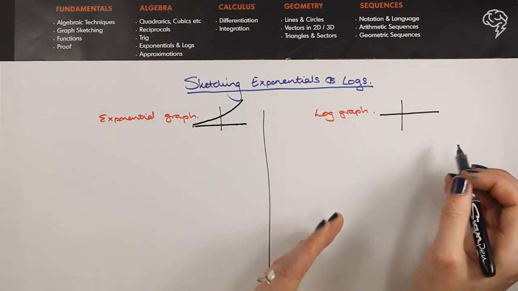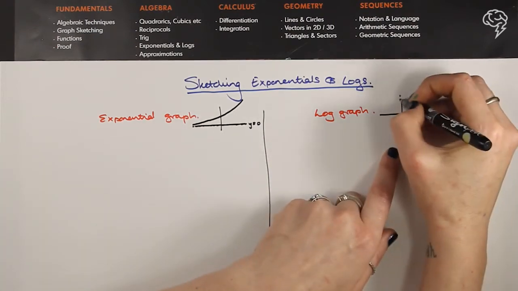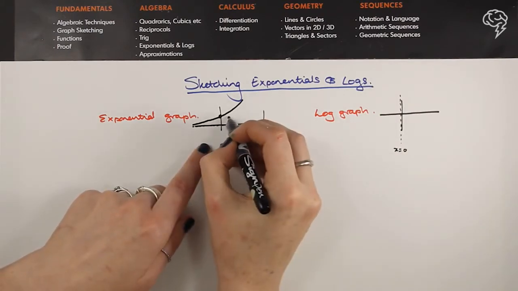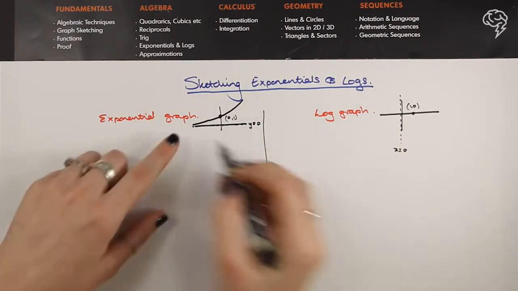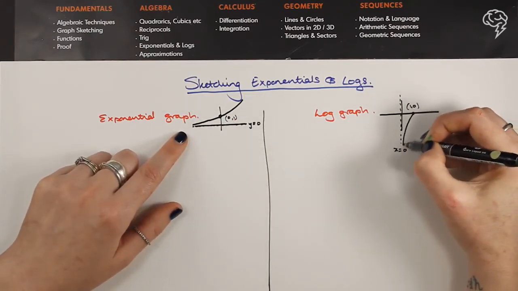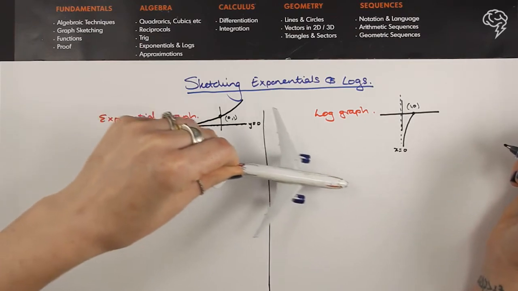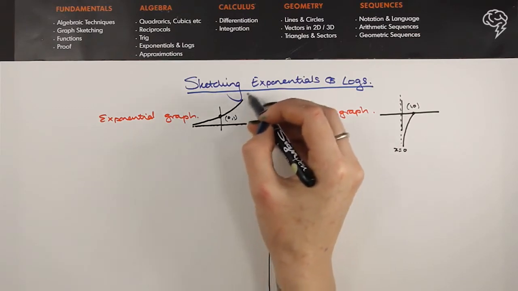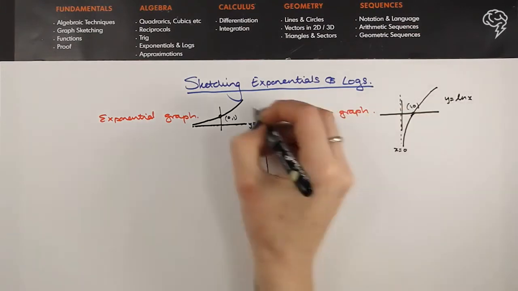We rebrand everything. So we rebrand this asymptote, y is naught, as x is naught. We rebrand this point here, which is 0, 1, as 1, 0. The behaviour here, where the graph is going towards the asymptote, will be reflected down here. Remember, asymptotic behaviour is landing aeroplanes, landing, landing, never landed, landing forever and ever. And then it goes up to infinity here, and this one goes up to infinity like this. So this is the graph of y equals ln x, and this is the graph of y equals e to